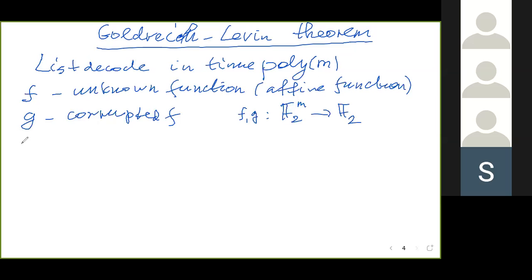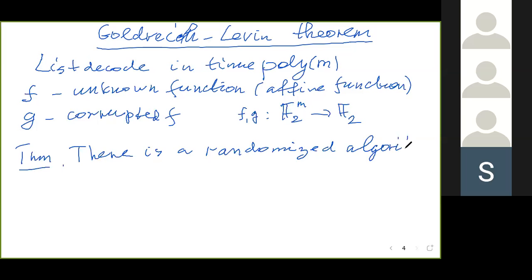And the theorem states that there is a randomized algorithm that, given, so the algorithm receives as input g, that corrupted function, epsilon, where (1 minus epsilon) over 2 is the fraction of errors, and delta, the probability of error,